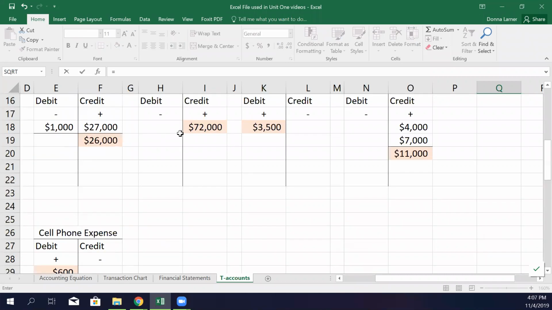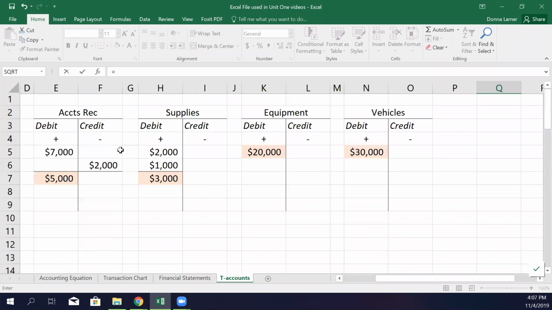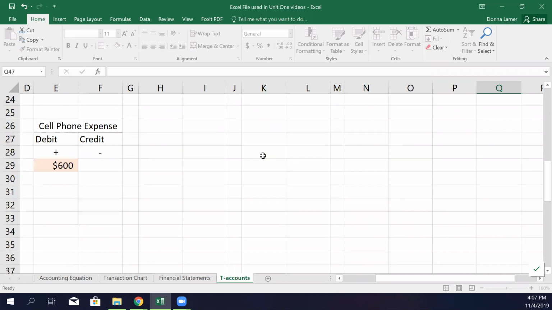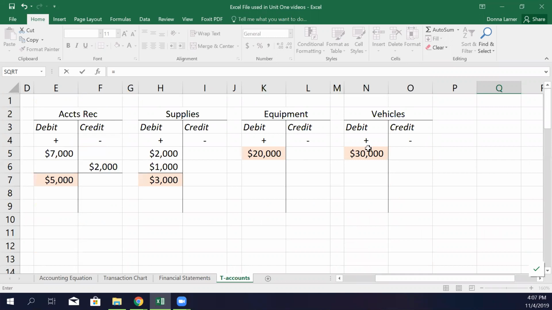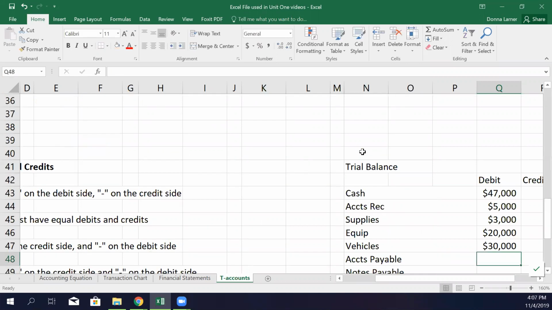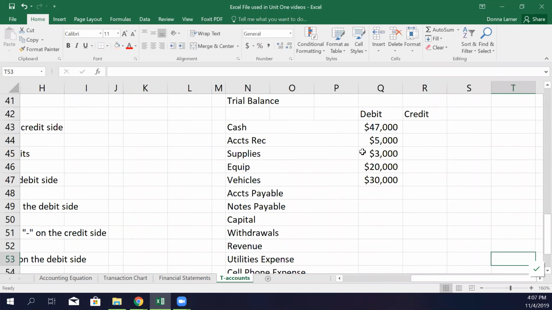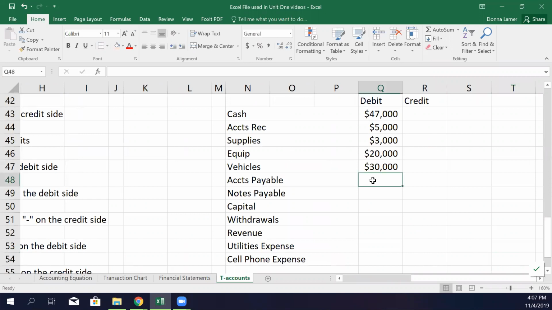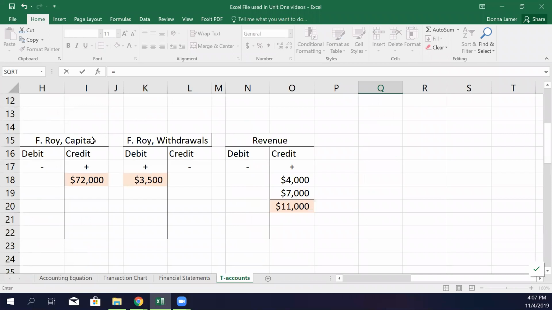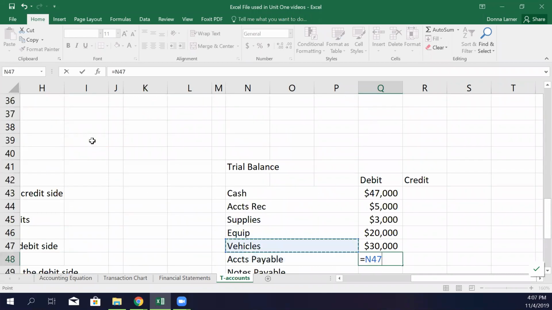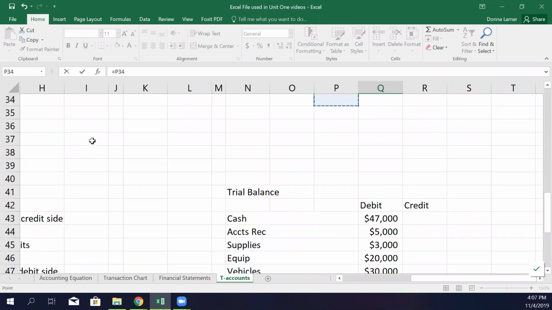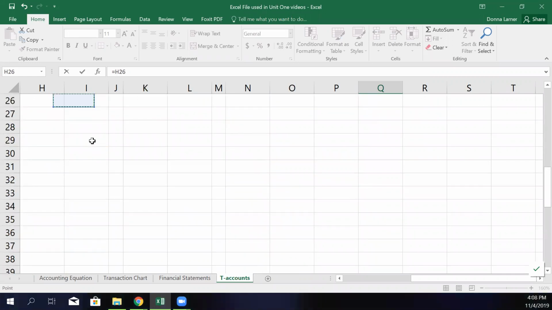Equipment. These are all debits because they're all assets. And finally, vehicle. Now our assets have all filled in. We can go get the balance for accounts payable. I believe that's just over here to the left of